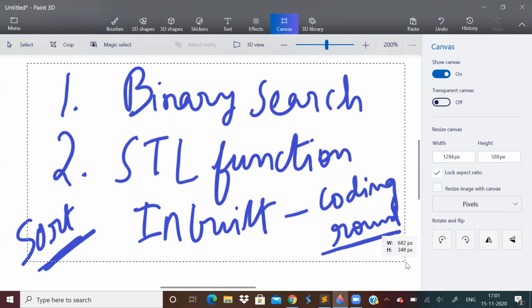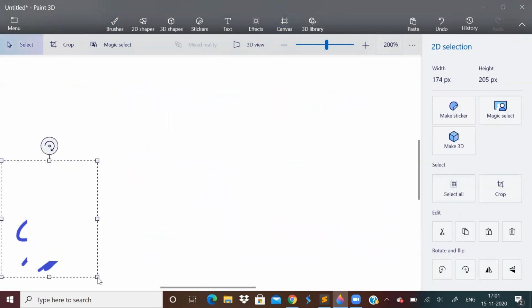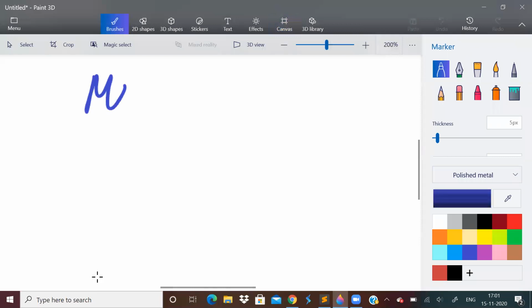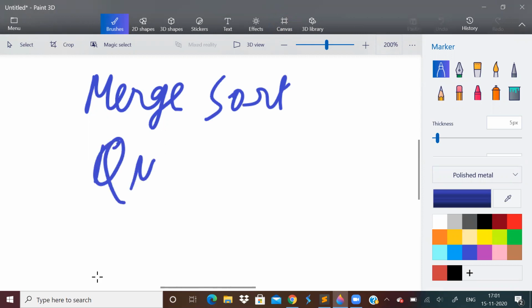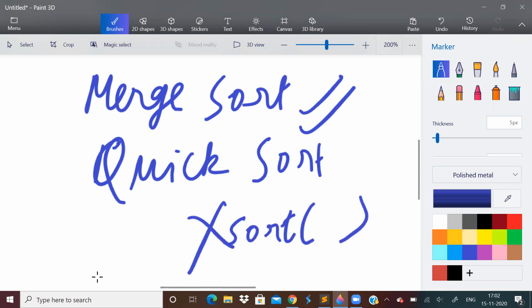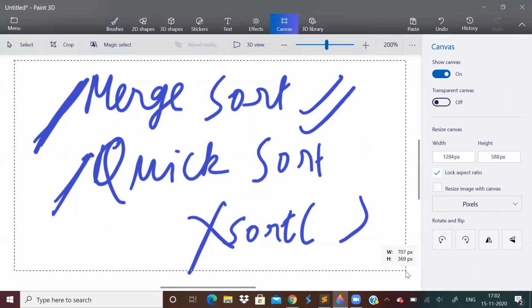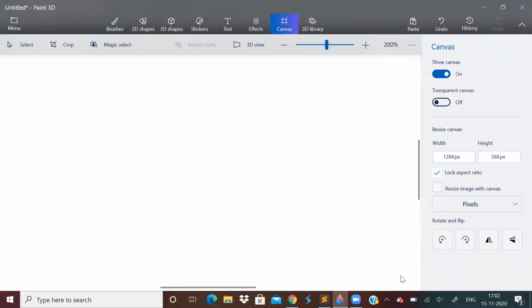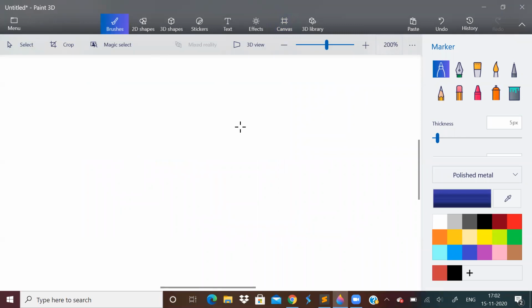And coming to sorting, you should know two important algorithms: merge sort and quick sort. Merge sort direct code was asked in my internship test interview, so it is quite important. You cannot say I will just use the inbuilt sort function. They won't accept it. They will say either use merge sort or quick sort and show me if you know or not. So this much prerequisites, if you have, it's good enough.